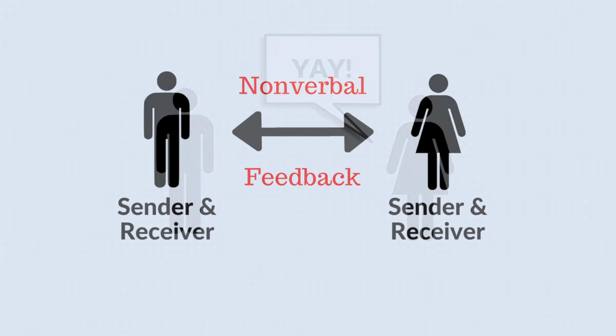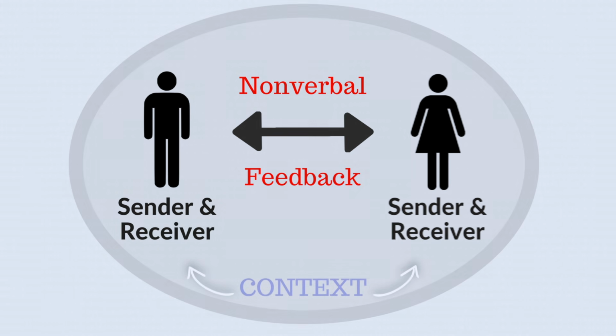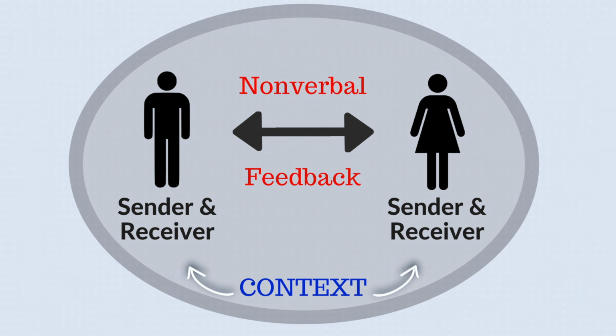This model has some other features that add on to the Shannon and Weaver foundation. For example, context shapes the way we process this communication in every way. If we're in a work setting versus a private one-on-one setting, if we're in a big crowd of people, all those contextual features are going to shape and influence the communication process.